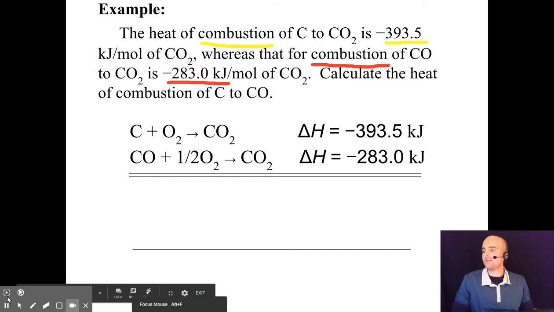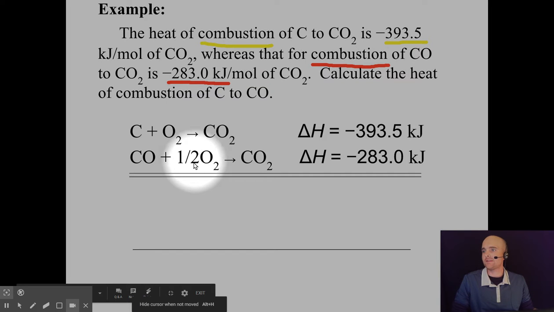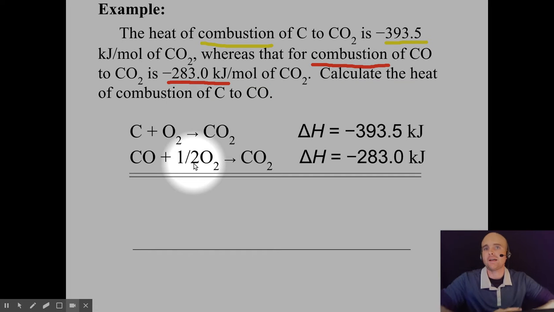So you might be looking right now at this thing right here. I've told you in the past to never put a fraction as a coefficient, but for Hess's law and these thermochemical equations, it works out better if you put these fractions. The reason is because you need to have